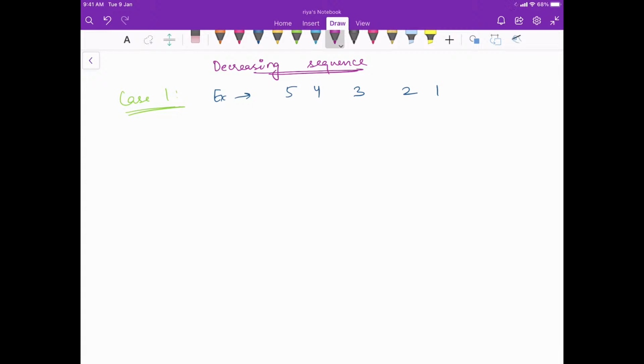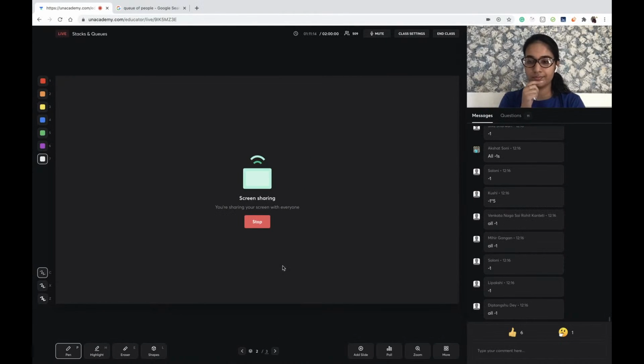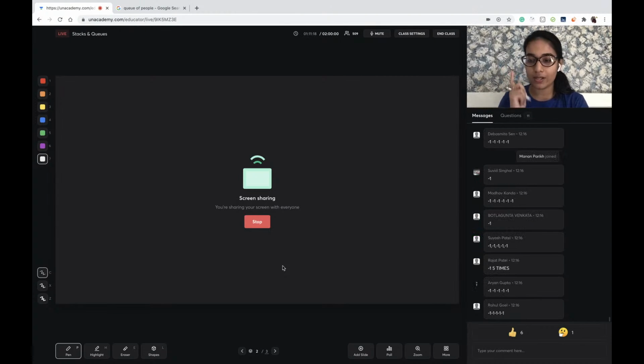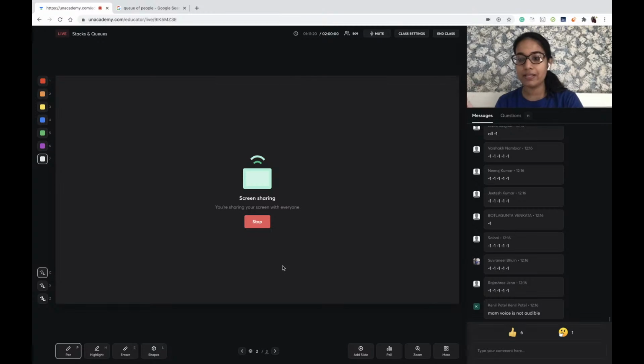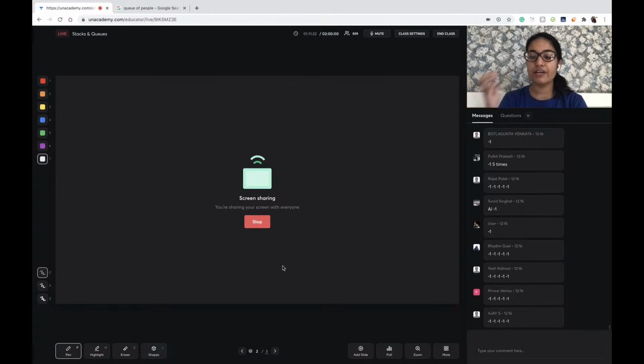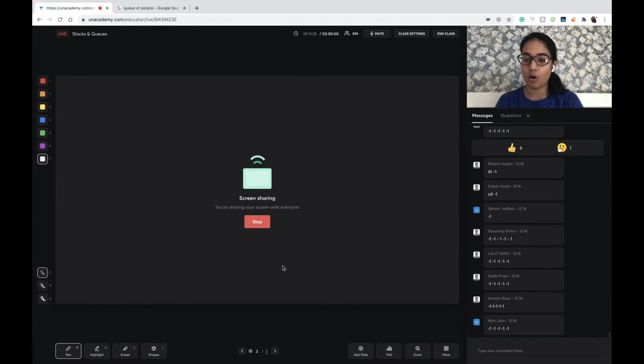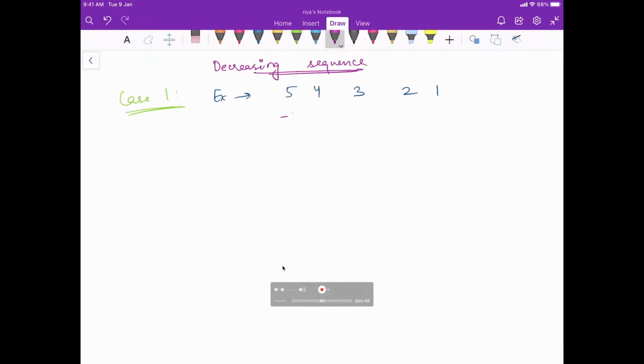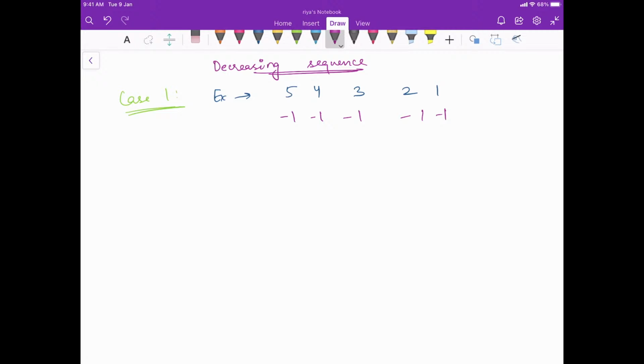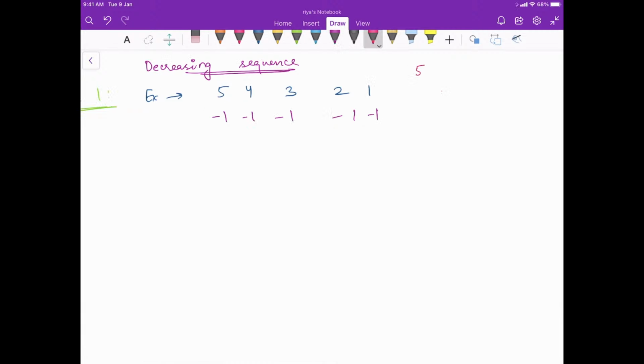Correct. So from here we learned one concept that if all the elements are in a decreasing order, the answer is going to be -1. This is going to be the answer. So I had 5, 4, 3, 2 and 1. This is the decreasing sequence I was following.